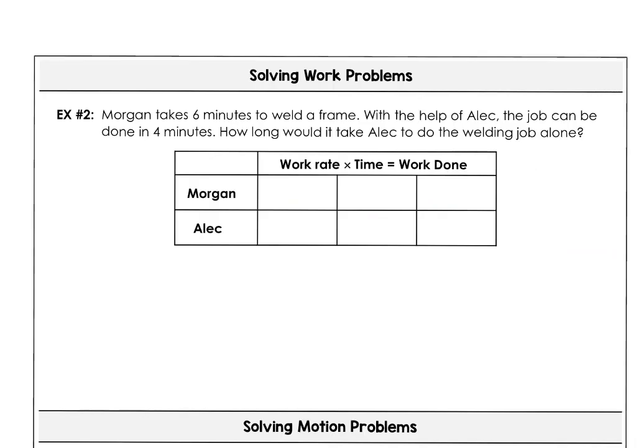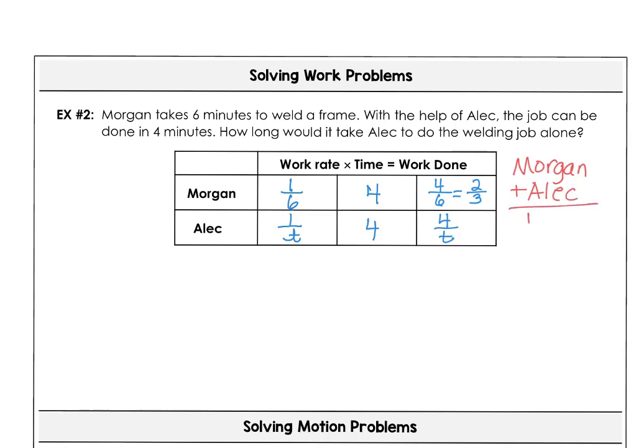Here's one for you to try. Morgan takes 6 minutes to weld a frame. With the help of Alec, the job can be done in 4 minutes. How long would it take Alec to do the welding job alone? So Morgan does 1/6 of the job in 1 minute, and in 4 minutes, 4 over 6 reduces down to 2/3. Alec does, we don't know, 1 over t in a minute, so he needs 4 over t to do the job. If you think it through verbally, Morgan working plus Alec working